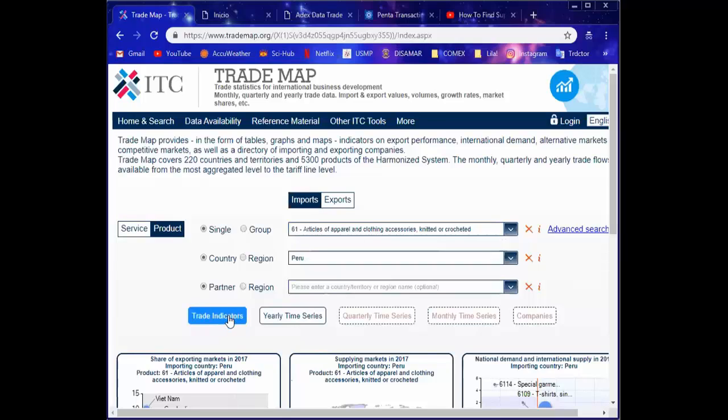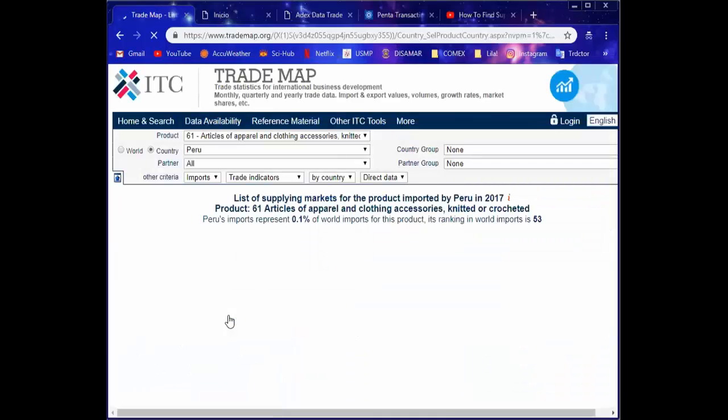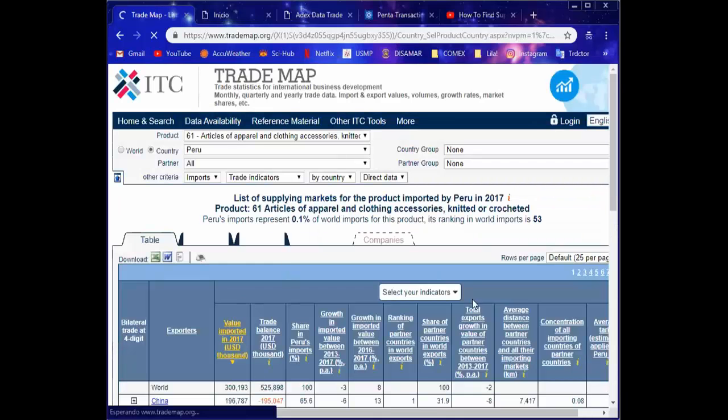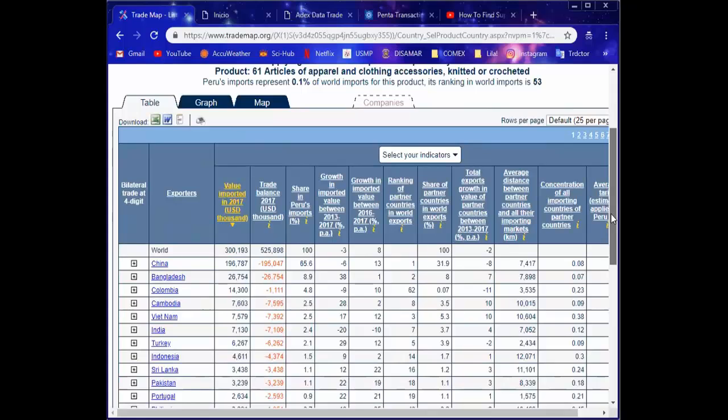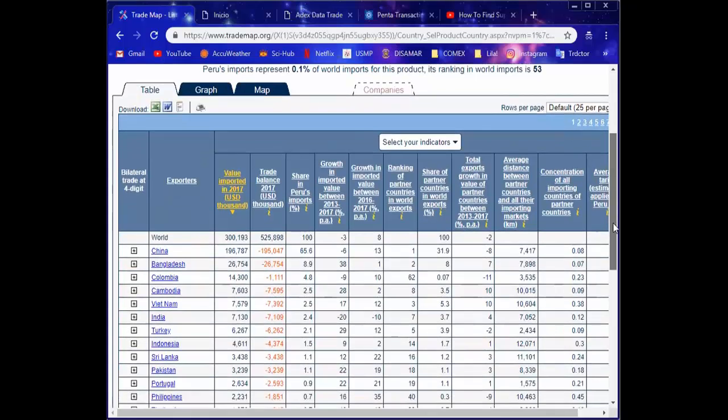And we're going to look for trade indicators, and wait. Okay, now we see that Peruvian imports represent 0.1% of the world imports of this product, so we're on the 53rd rank.